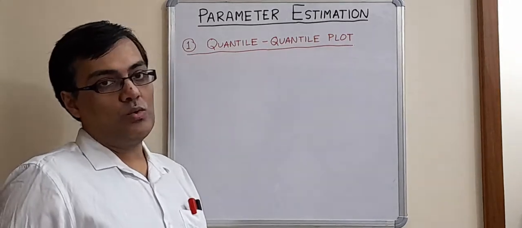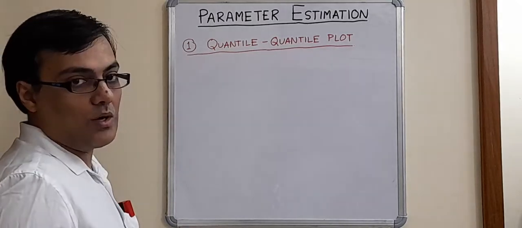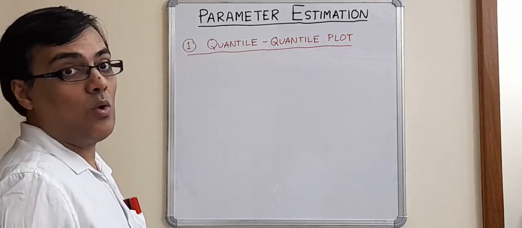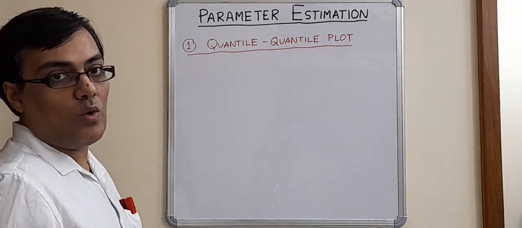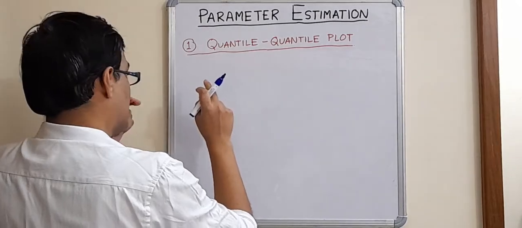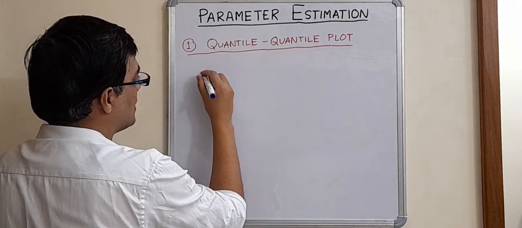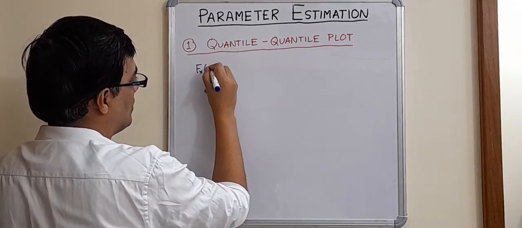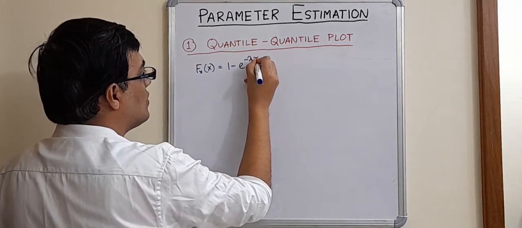So coming to the next lecture, that is continuing with the PP plot or QQ plot. It is sometimes also called the probability paper plot or PPP, or a more technical term would be QQ plot, quantile plot. So let us see the example of the exponential distribution. So for the exponential distribution, if F(x) is equal to 1 minus e to the power minus lambda x, what did we write?